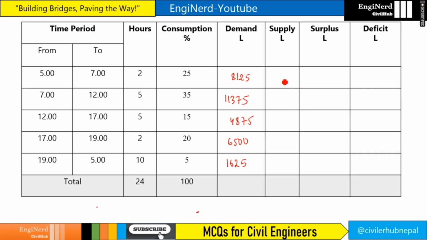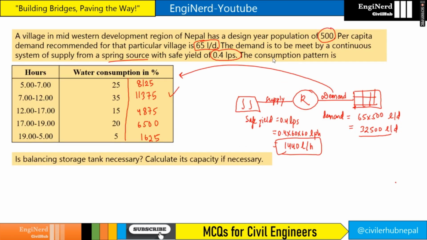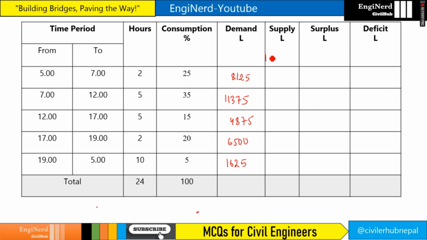Now for the supply part, it will be 1440 into time, right? The time is given here. So the first 1440 into 2 will be 2880, and into 5 in the next, it will be 7200, and again 7200 because time is same, and for the 2 it will be 2880, and for the 10